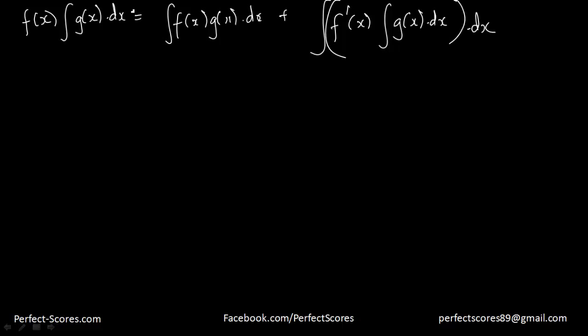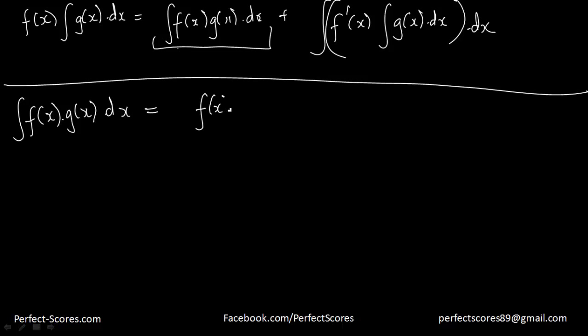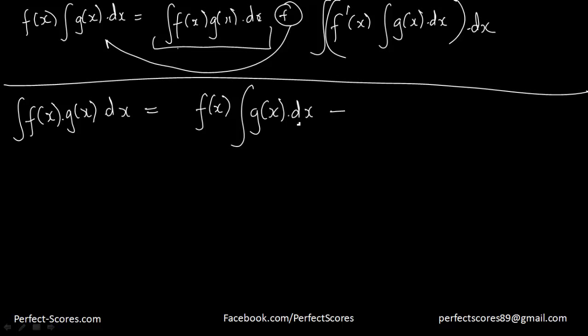Now since we're trying to find this, I'm going to make this the subject. That means the integration of the product of two functions is equal to the first function multiplied by the integration of the next function, minus, because this is going to go there and become a negative number,